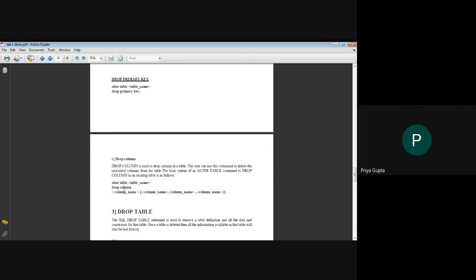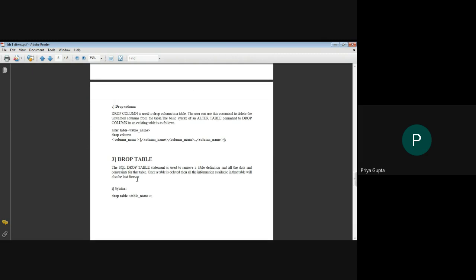The user can use this command to delete the unwanted column from the table. The basic syntax of the alter table command to drop a column in an existing table is as follows. Alter table is my keyword. Then I need to write the name of the existing table. Then drop column is my keyword and write the name of the column that I am going to delete.